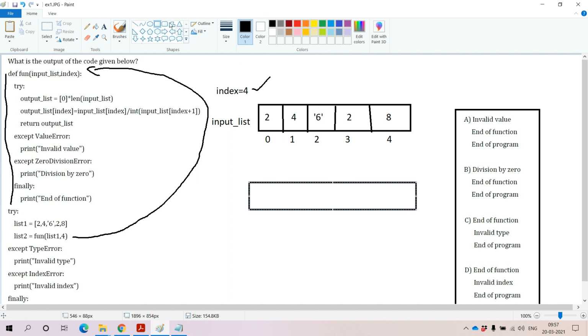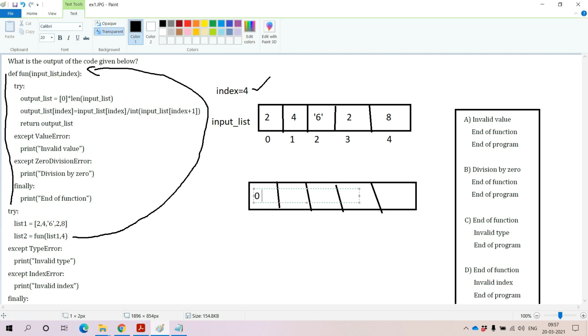That means we take 5 blocks, and for each and every block we assign 0. We have created one output list of zeros, whose length is the length of the input list.